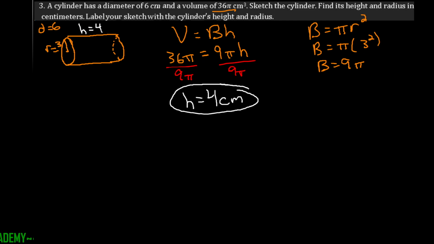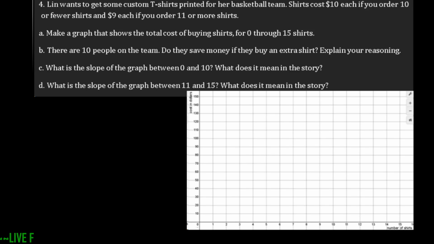And for the last one on this page, at the very bottom, it says Lynn wants to get some custom t-shirts printed for her basketball team. Shirts cost $10 each if you order 10 or fewer shirts, and $9 each if you order 11 or more shirts. So part A, I want you to just fill in that graph,